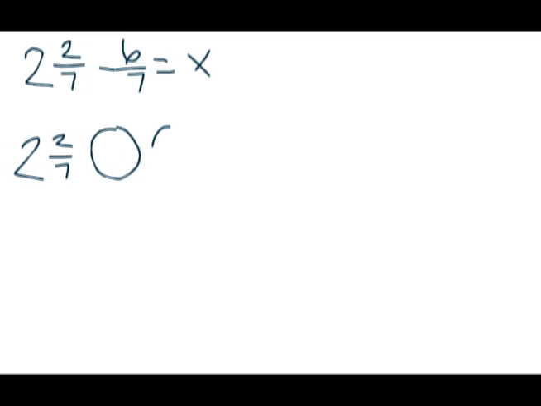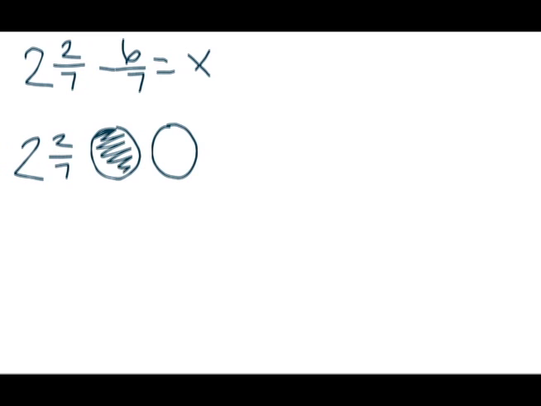Okay, the second fair trade problem I'll show you is a little more difficult. We'll start with our number model 2 2/7, and I'm subtracting 6/7. And that equals my unknown. I'll start with my fraction circles once again, and to represent 2 2/7, I'll draw two circles or two wholes